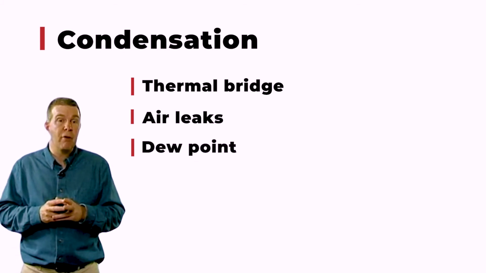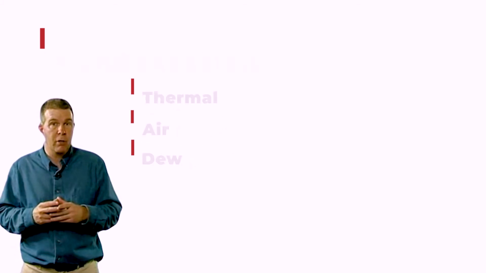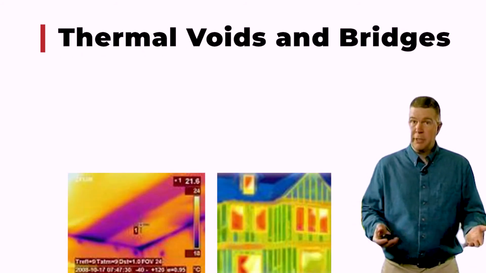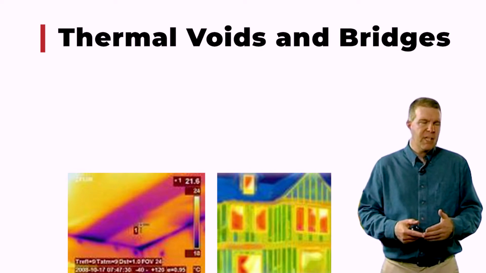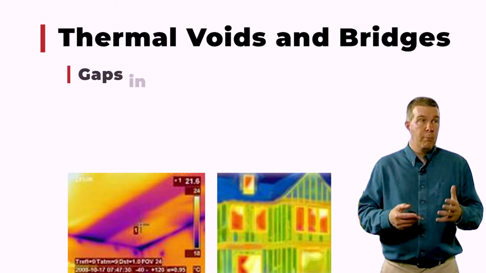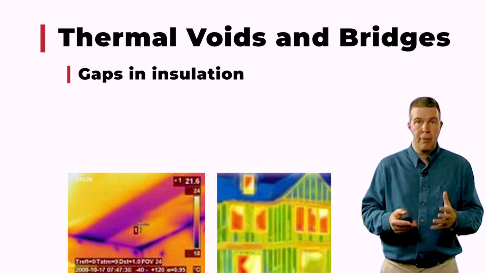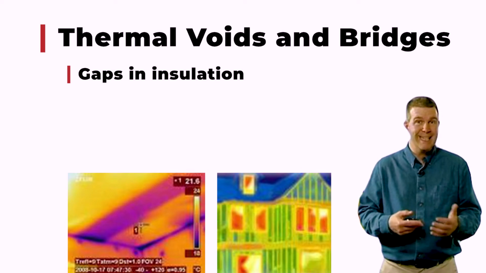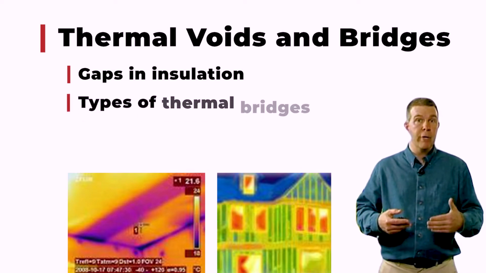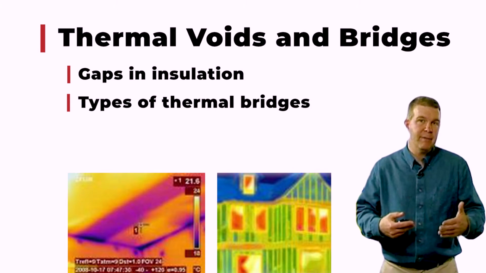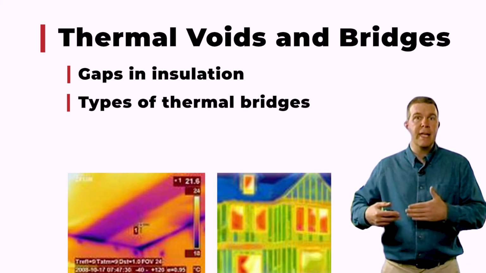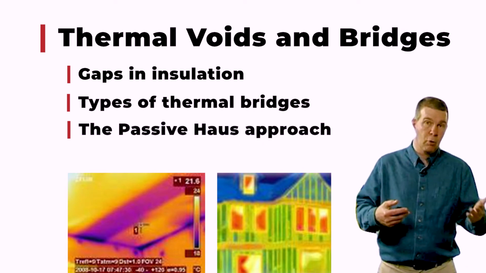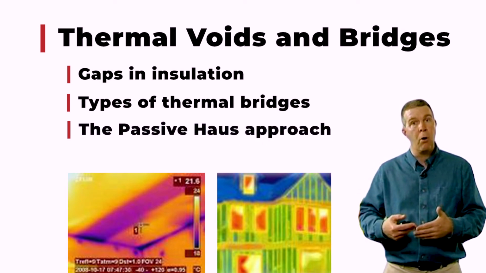First and foremost, if we have a thermal bridge, if we have an air leak like we talked about, it's these thermal voids and bridges that we're most concerned about because of the potential of this dew point. There's different types of components that can create a thermal bridge. Most obviously, it's going to be a solid piece of lumber or even metal inside of our SIP component, because that bridge has a conductivity rating such that the heat can move through it much quicker. And as it can move through it quicker, so can the cold. And when the cold moves through it and you get a cold spot in your wall, you have the potential